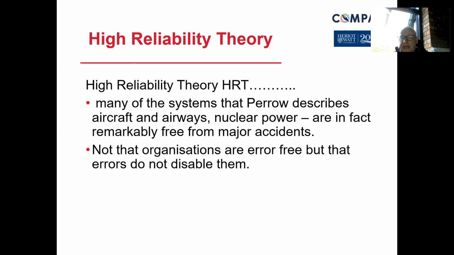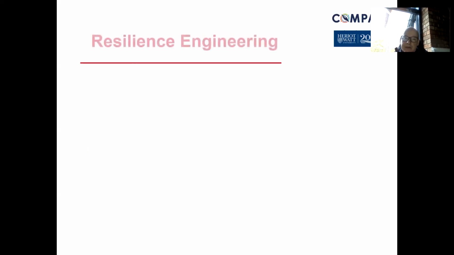And that doesn't mean that those organizations are error-free, because each of those industries and organizations have had incidents and have had disasters, but the errors don't disable them. They kind of like say, well, it was inevitable in some respects, but what we're going to do is get back on our feet as quickly as possible, and we're going to make sure that we have better control measures in place to prevent them from happening again. So they really do learn from disasters, or they learn from their incidents, and therefore they're classed as mindful managers. They have the right mindset to be able to think and learn from history.